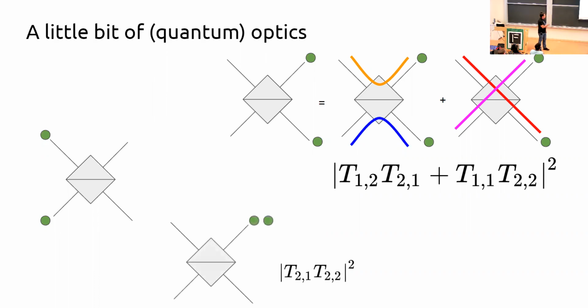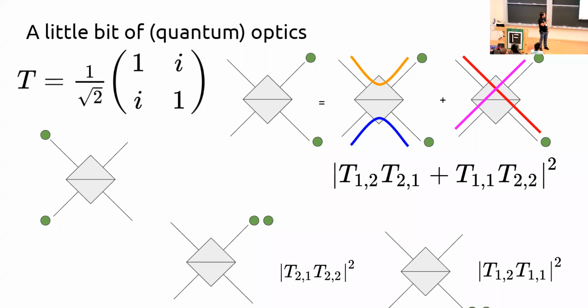And then similarly, if I want to know what's the probability that the 2 photons live on the right, or sorry, on the top or on the bottom, then I have these other 2 possibilities, right? And now, for example, I remember that I told you about this 50-50 beam splitter. So I take that matrix there, I plug it in the formula on the right, I get that number is